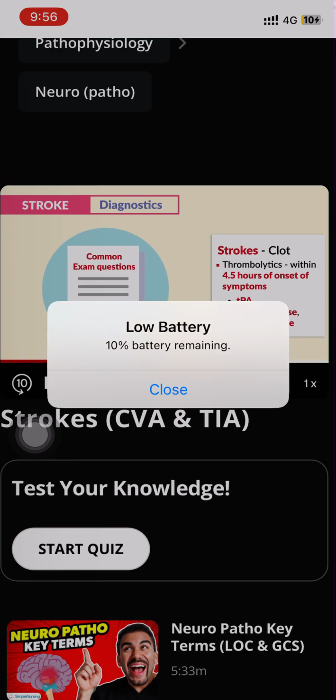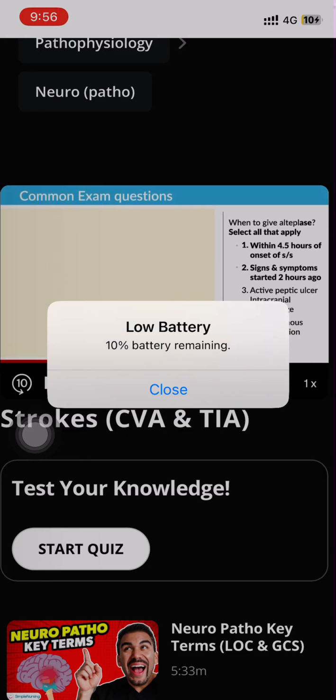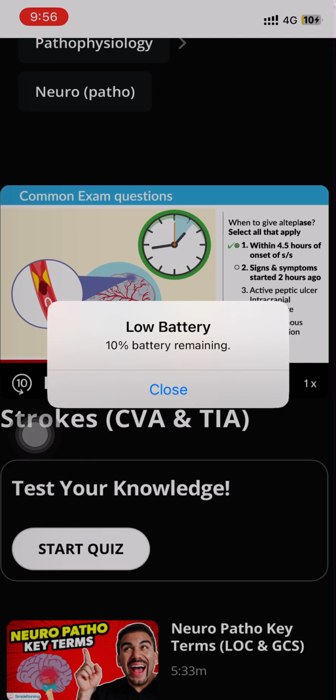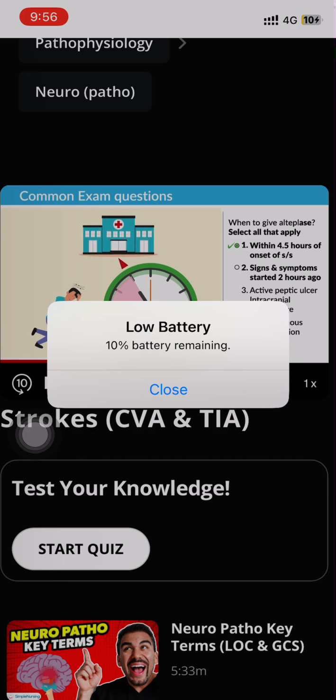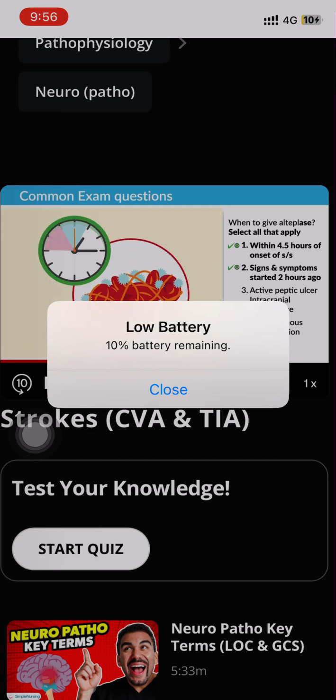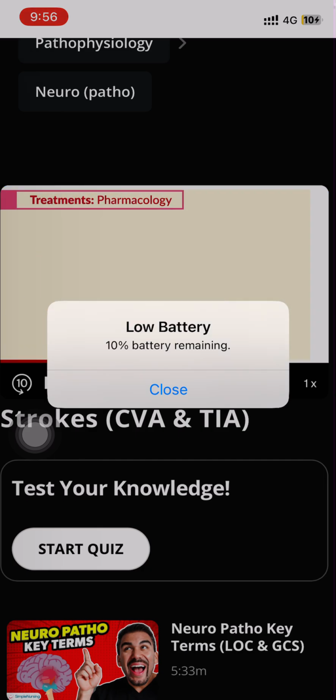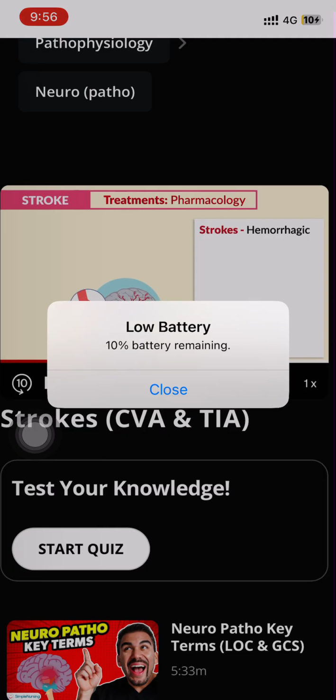Common exam questions, especially select all that apply, come from this section. So the key terms are give thrombolytics in 4.5 hours of the onset of the symptoms. So if a stroke happens 2 hours prior to the hospital, you know you have about 2.5 hours to give the clot buster. Now on the other side, if stroke is hemorrhagic, we can't give a clot buster since there's